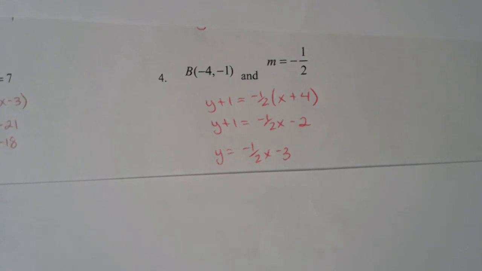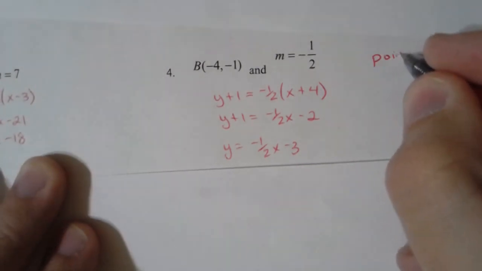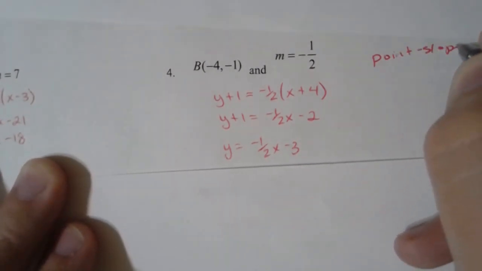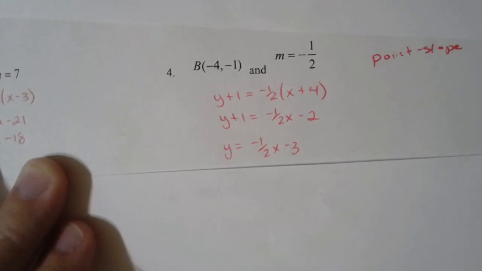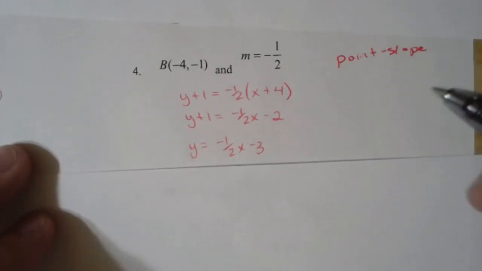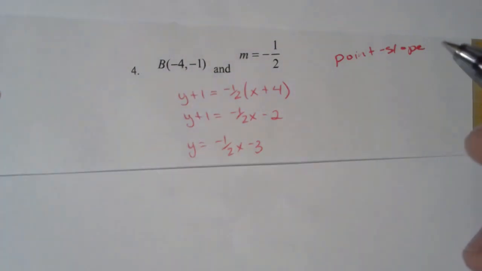So there's a few different ways that we could go about doing this. We talked about two forms of a line. We talked about slope-intercept, which you're probably more familiar with in algebra. And then we talked about another form to write an equation of a line called point-slope form, which you're probably not as familiar with from algebra. So point-slope form is very useful if we have the slope of the line and then just some random point. Okay, so slope-intercept requires you to have the y-intercept to write this equation, but point-slope can just be used for